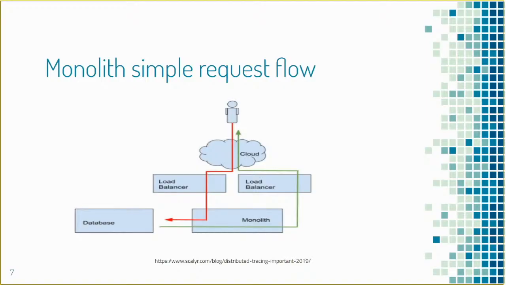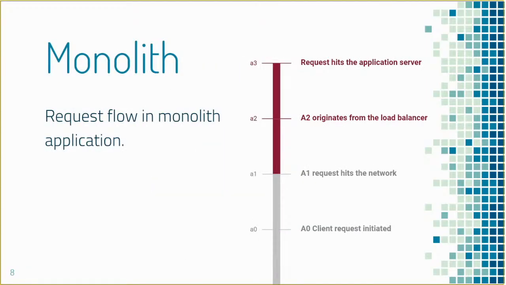But as time passed, there was a need to change, because of course there were some drawbacks. Application maintenance was a problem because it became very complex, and if there was any problem in a certain piece of code, it was very hard to make changes in it, because it was dependent on many teams, and if something went wrong, it would take down the whole system. So yeah, of course,